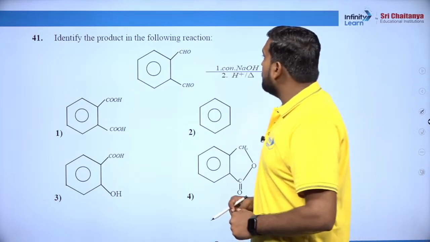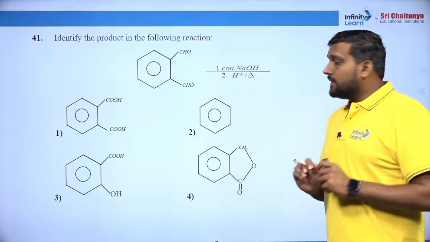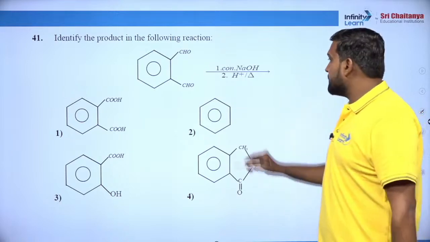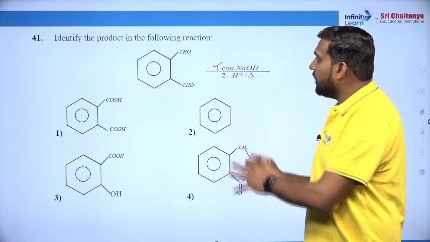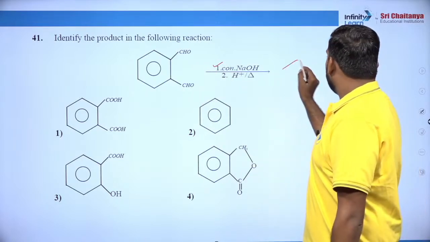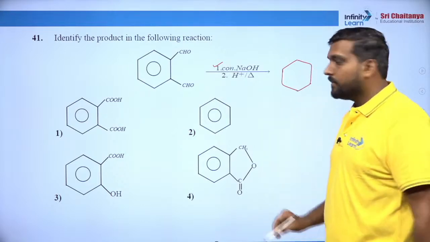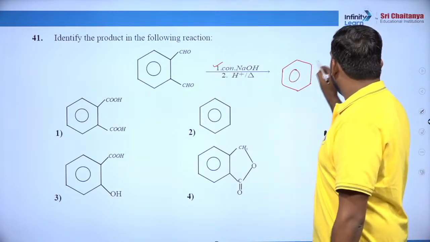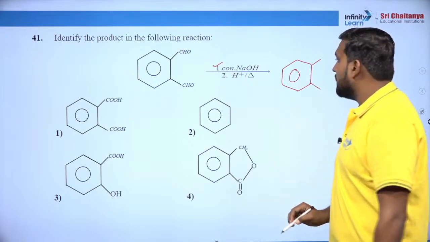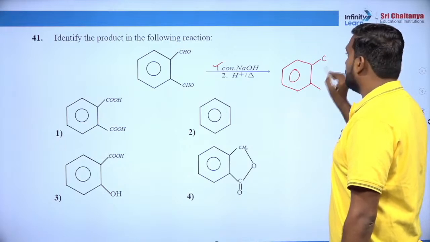Identify the product in the following reaction. So you have to identify the product in the following reaction. There is a 2-step reaction. The first step is that concentrated NaOH is poured on this species. So what will happen here? If the concentrated NaOH is poured on this, the Cannizzaro reaction will take place. On the Cannizzaro, one of the CHO will get oxidized, the other will get reduced. So here it will look something like this: